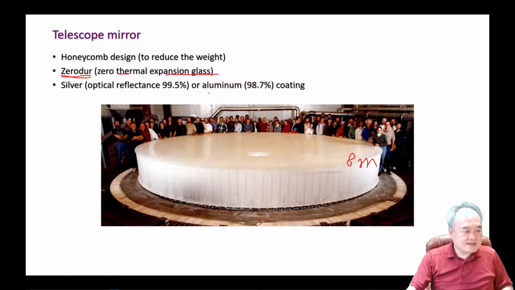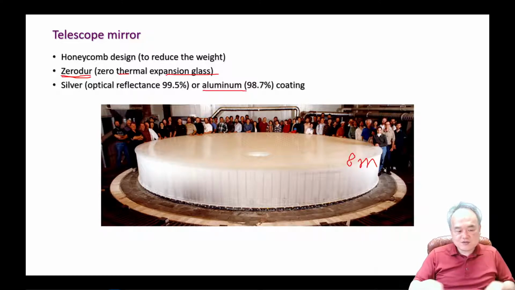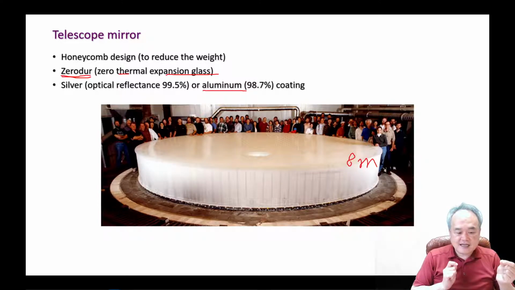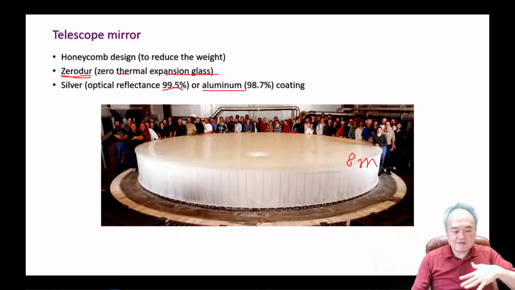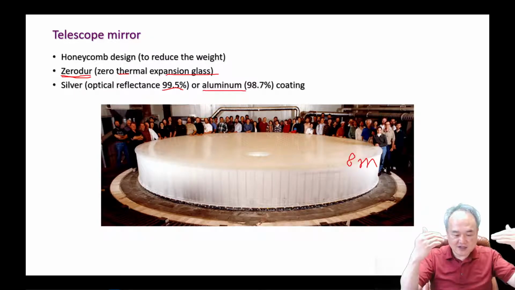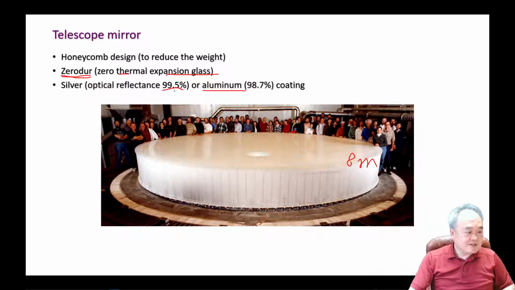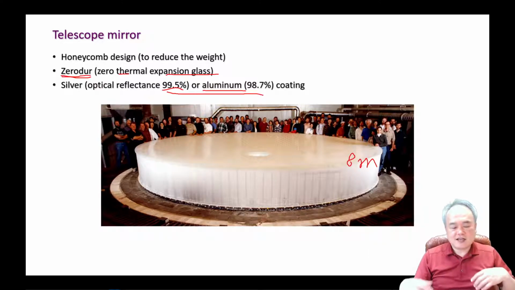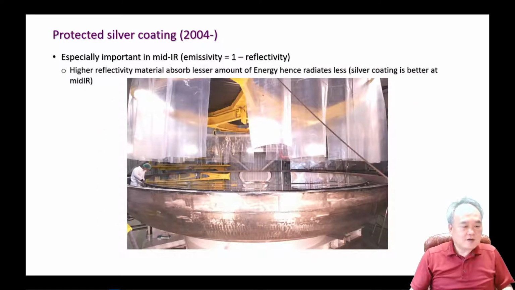In the old days, aluminum was used as the coating material. This aluminum reflects 98.7% of the incoming optical light, meaning that 1.3% is absorbed, right? Compared to that, silver is even shinier. It reflects 99.5% of the incoming light, meaning that only 0.5% of the incident light is absorbed. This high reflectivity is important